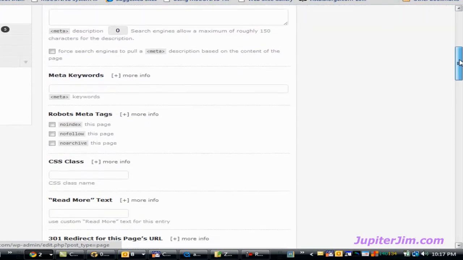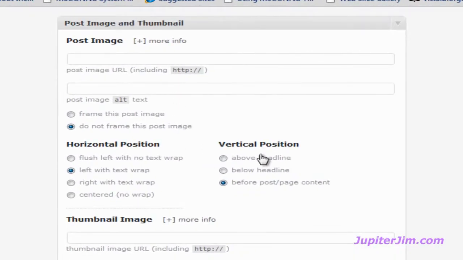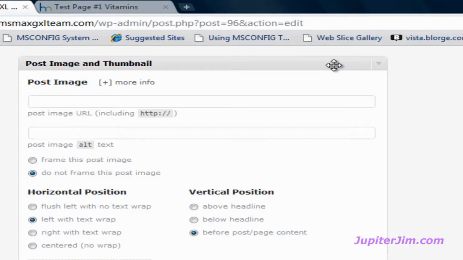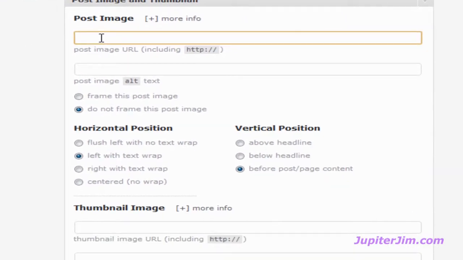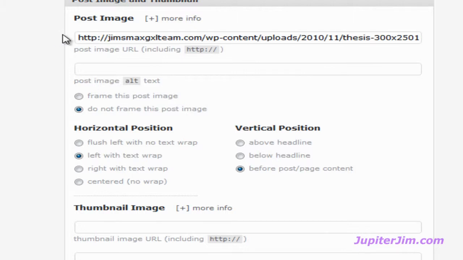I'm going to scroll down, and here we go to Post Image and Thumbnail. Now there's a whole bunch of information under it, or places that we can work. If that isn't visible, you would click here or to the right with this down arrow, and that gives us the place that we're going to work. Okay, so I'm going to click in here. You get the little gold border, and then I'm going to right click and paste the file URL that we just copied. I click to deselect this area, and you can see it starts with